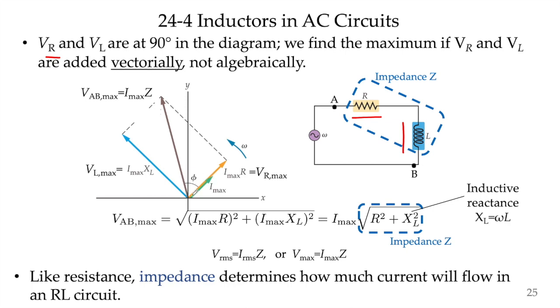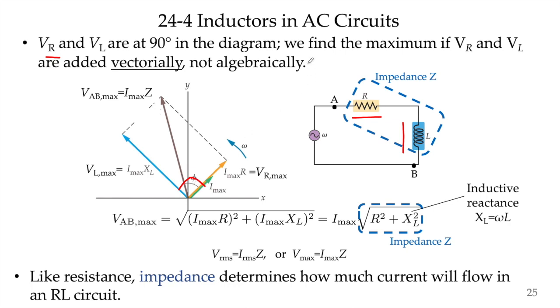This is the current, the green one, and the blue one is the voltage on the inductor. There's 90 degrees between them. And also because VR, the voltage on the resistor, is in the same direction as the current, we can also say that the voltage on the resistor and the voltage on the inductor have 90 degrees